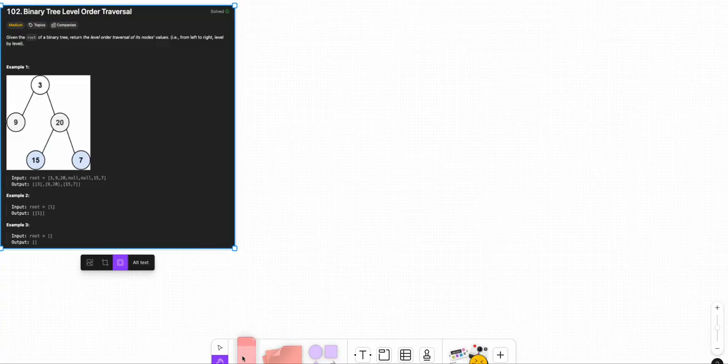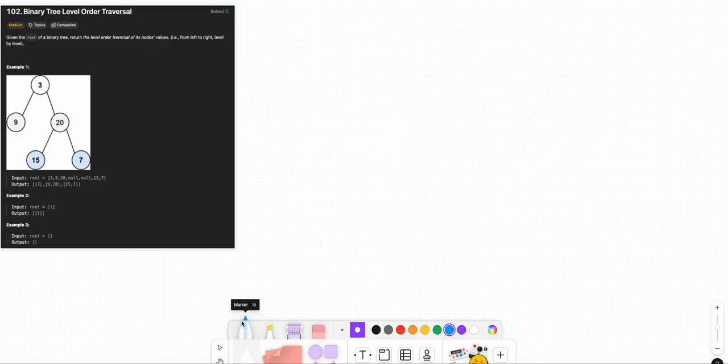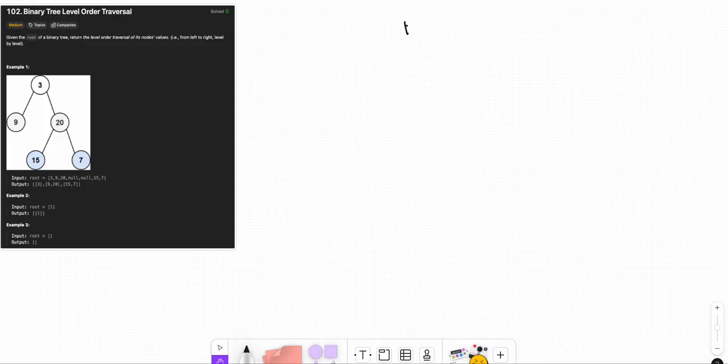Hello, and I will solve LeetCode number 102, Binary Tree Level Order Traversal. Basically, I'm going to traverse the tree, saying each level, right? If I'm given a tree, I'm given a binary tree,